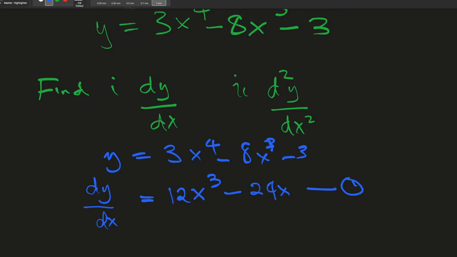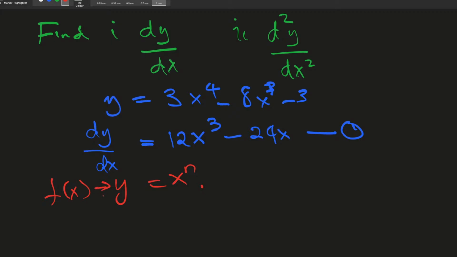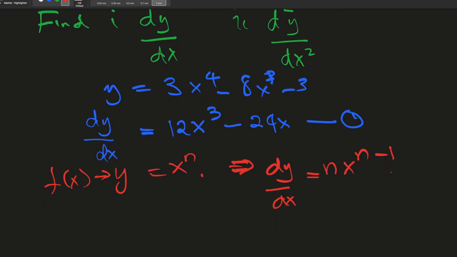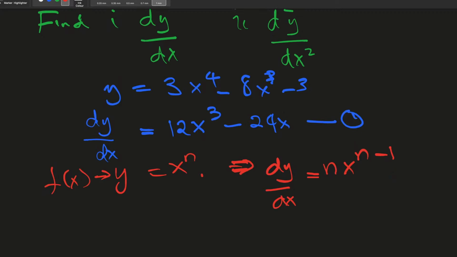Remember to differentiate, if we have y, for instance, to be equal to x^n, a function f of x, then to differentiate, this implies dy/dx is equal to nx^(n-1). This is how we differentiate, and that is how we get 12x cubed minus 24x squared. Okay, for our second derivative, that is given,